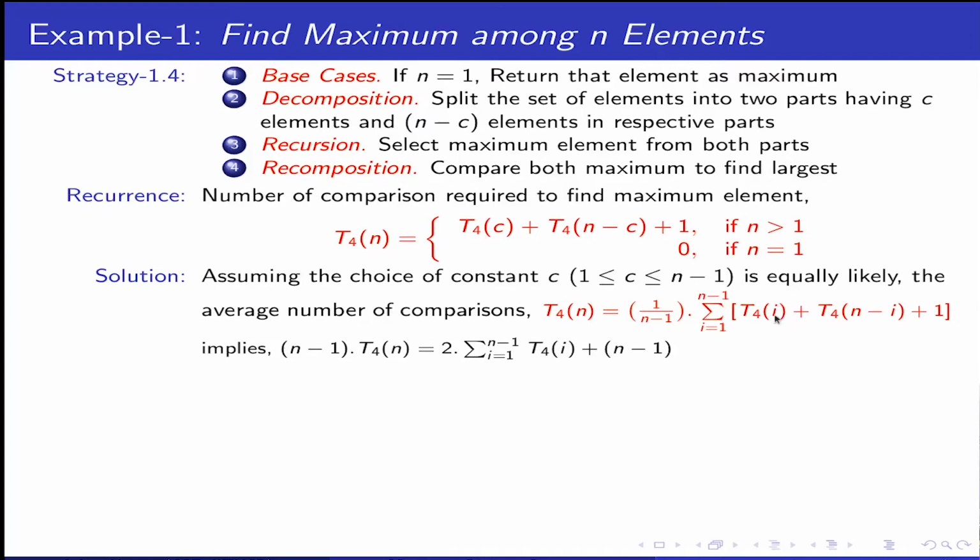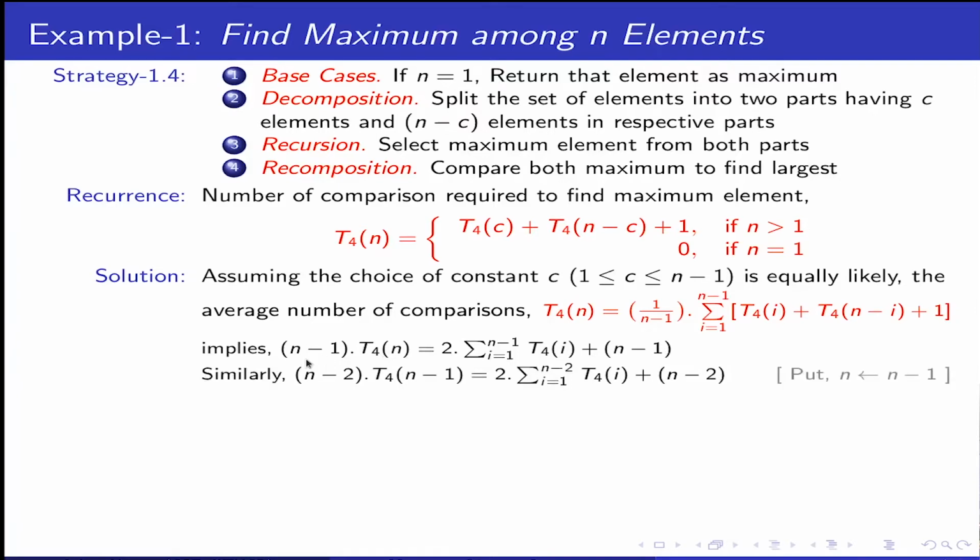So I say one side partition is 1 and n minus 1, then I took 2 and n minus 2, all of them I added and I just have an average. So this will give me an expected value of this particular comparison. Now this simplified over here by n minus 1 multiplied on both sides. So this will be this. Now see, the trick here is that I need to solve the recurrence and find out this term T(n).